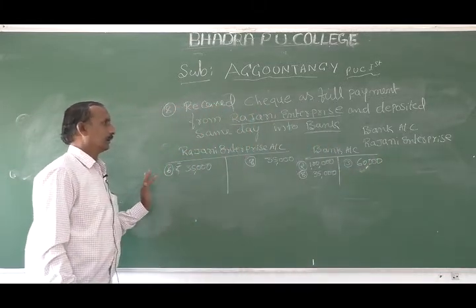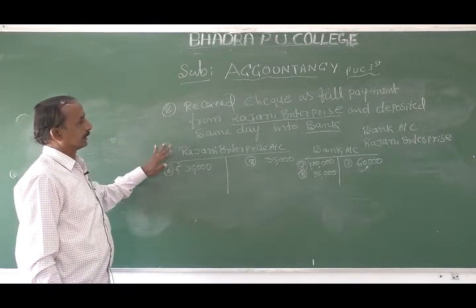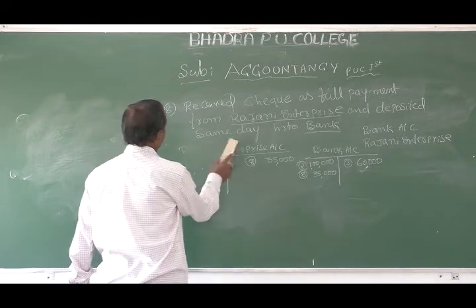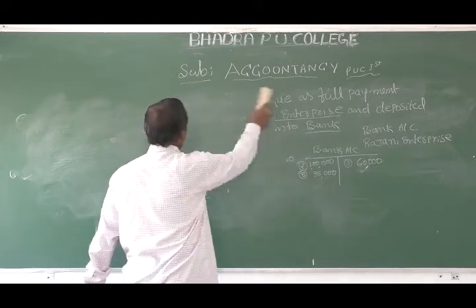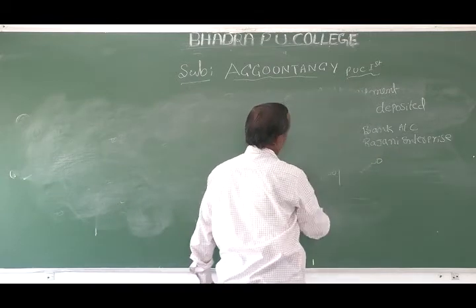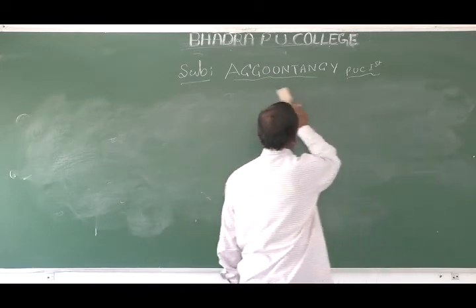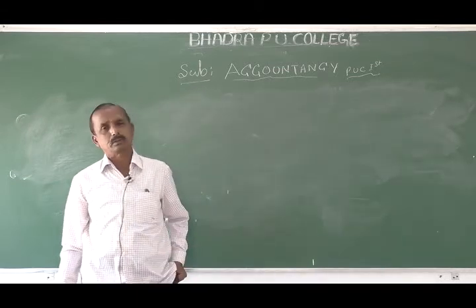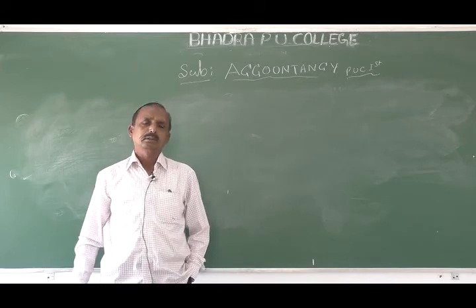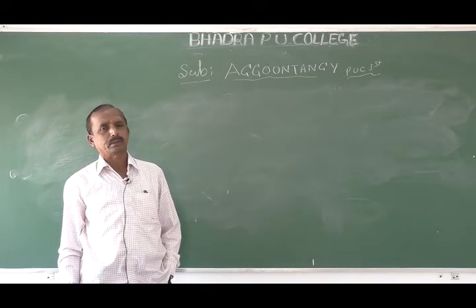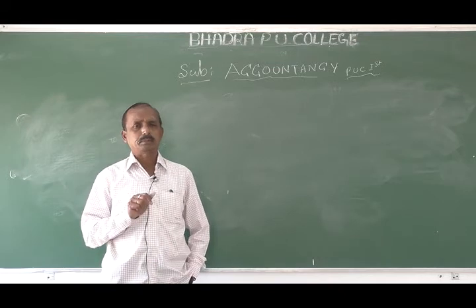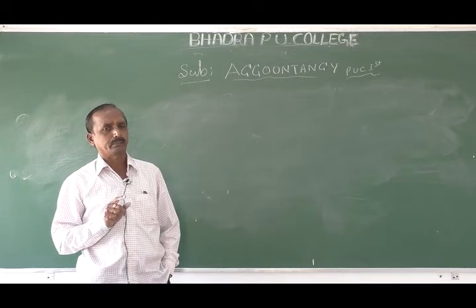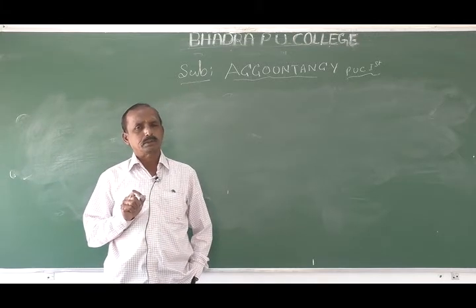These are how to record the transactions with debit and credit. We have to understand these rules. First, keep in mind while we have to debit and credit, you must properly understand which one is personal account, which one is real account, which one is nominal account. These rules will affect the transactions. You must keep it in your mind while doing the problem, which one is debit, which one is credit.